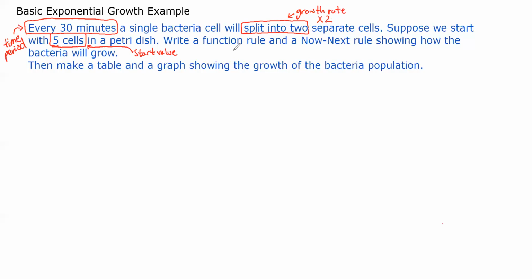All right. Write a function rule and a now next rule showing how the bacteria will grow. Then make a table and a graph showing the growth of the bacteria population. All right, so we got a bunch of stuff to do. Let's start with the function rule and now next rule. To do this, we first want to just write down what's the important stuff. We have a start value